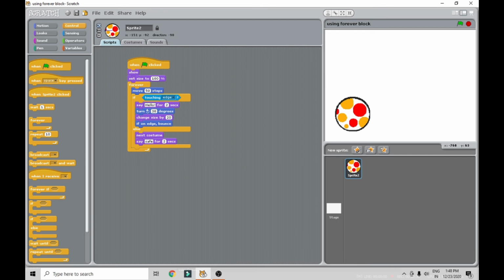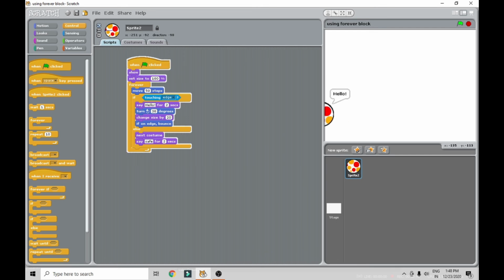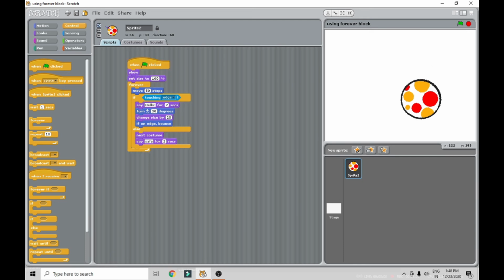Now when I click the ball, so see, it will say hello, then save, then again how many times it will repeat until we will make that ball to stop. So click on the stop over here. Here we will get the green color flag at the corner of this white color screen. See here children, it is a green color flag and it is the red color stop button. So click on that, it will be stopped. Until and unless we will make it to stop, it will go on continuing repeating the execution. Okay, it will moving on. When we'll click on the stop button, at the time only it will be stopped.